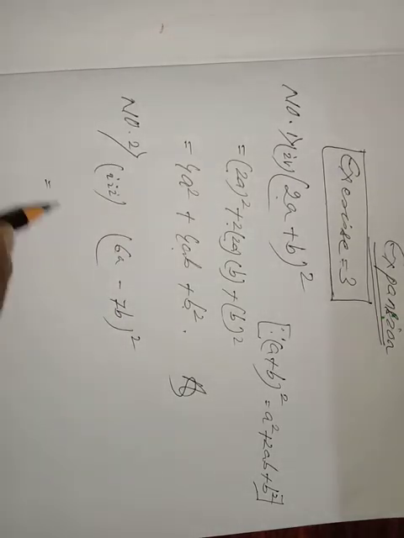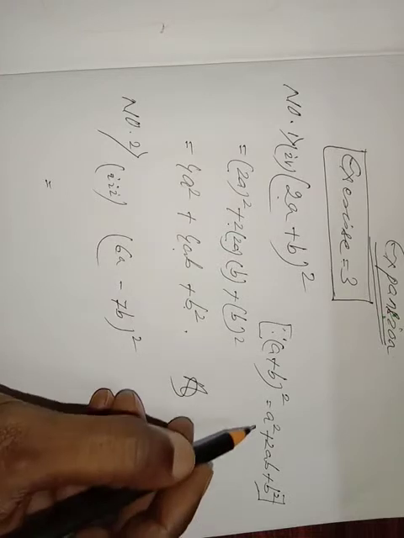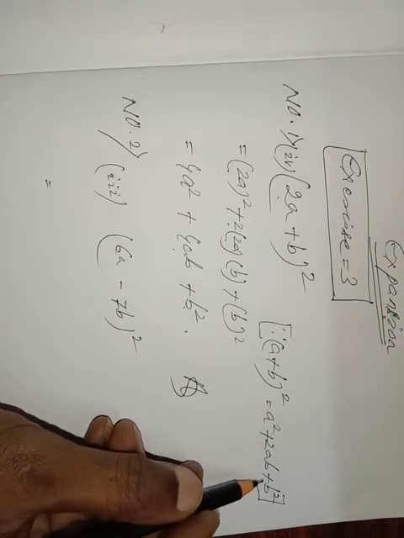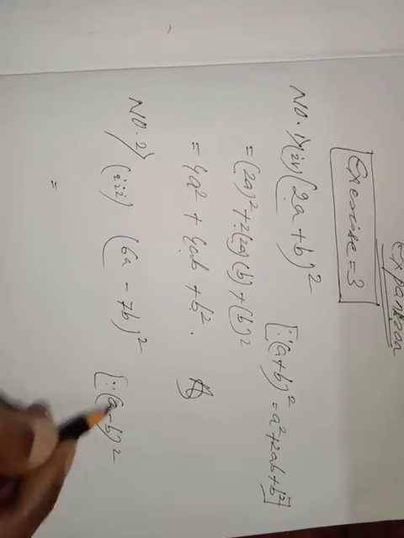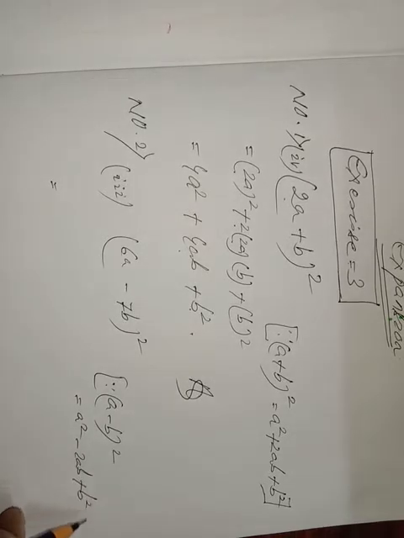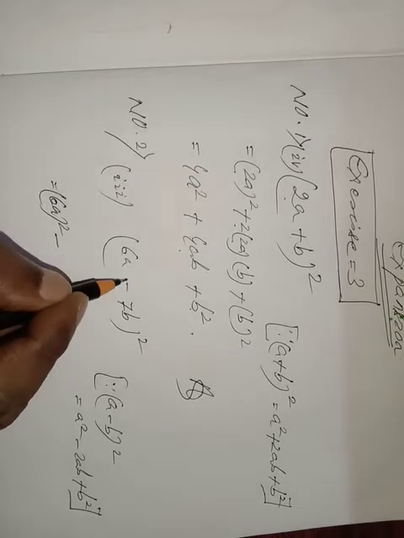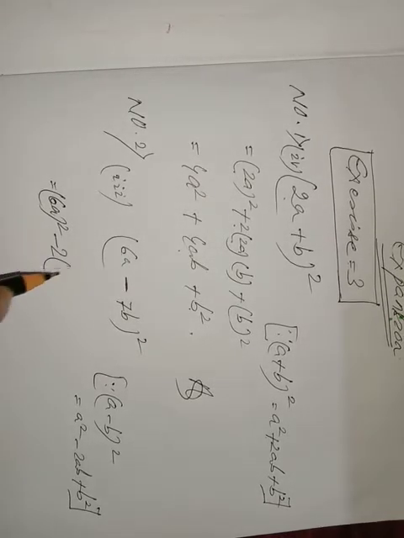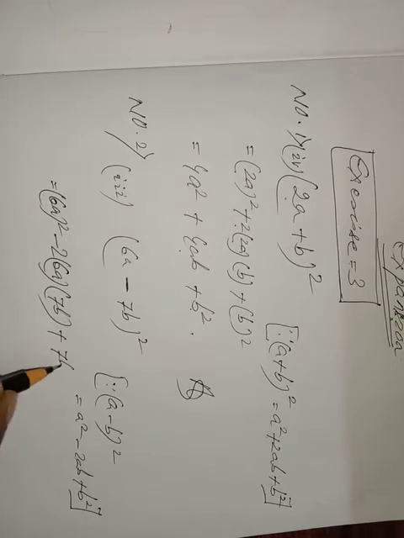Which formula to apply here? A minus b whole square. See, the a minus b whole square formula will be nothing but the difference only: a square minus 2ab plus b square. I will write the formula here. a minus b whole square equals a square minus 2ab plus b square. Applying this formula I will get here 6a whole square, first number whole square, minus, as it is given minus, and middle 2ab, that means here first number 6a, second number 7b, 2ab, plus 7b whole square.